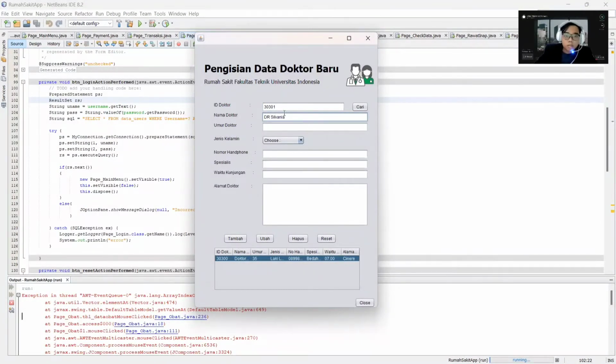Dokter Silvania, umur, for the umur is 55.